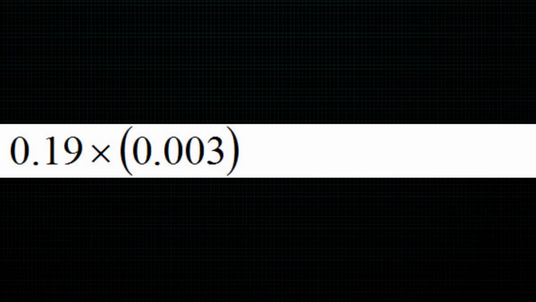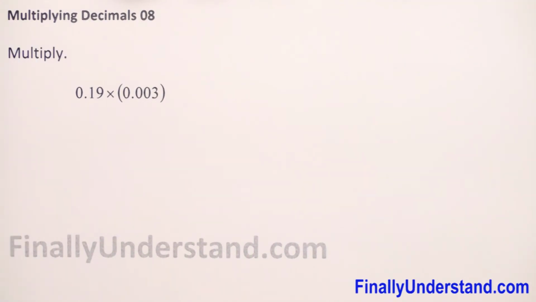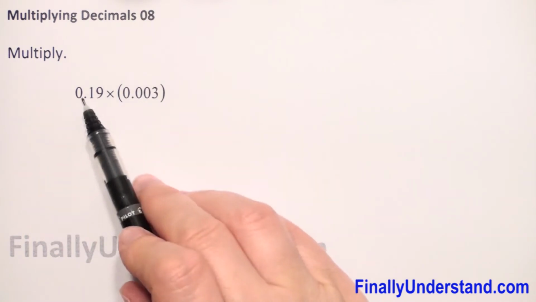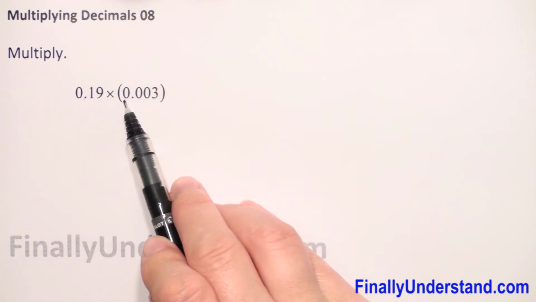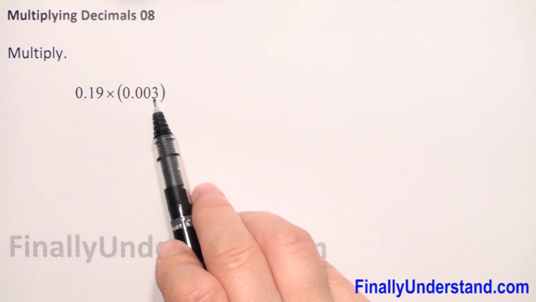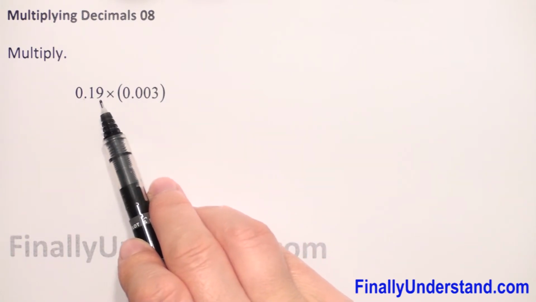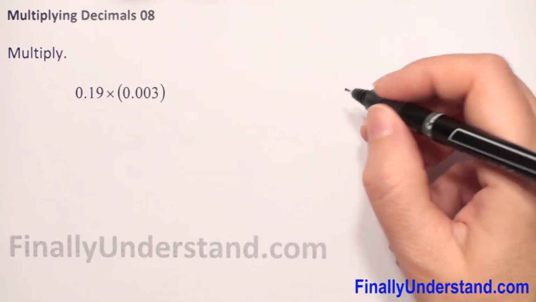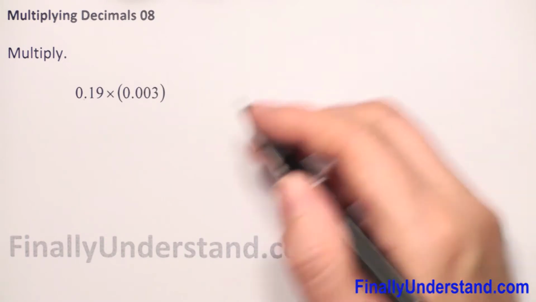We have to multiply two decimal numbers. How do we do this? First, we have to write them in vertical columns, because we have multiplication, so we don't have to align decimal points. And what else? Because in the second factor we have zeros and 3 only, and in the first we have 1, 9, in my opinion, it will be easier when we write on the top